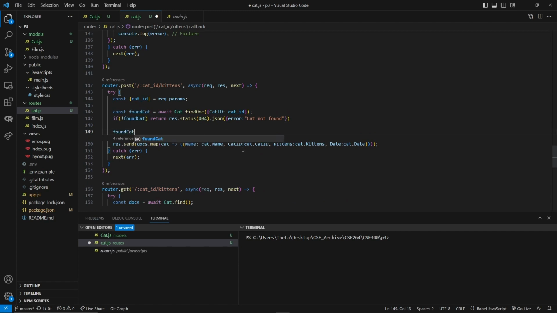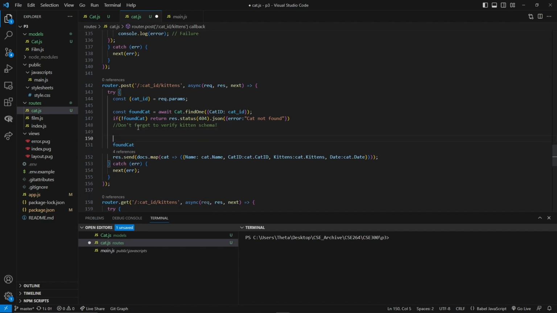And then once we find our cat, we can essentially push the kitten into it. So again, you definitely should verify, just like you did with P2, the structure of the body of the kitten that you want to create or review. And then what you can do is,